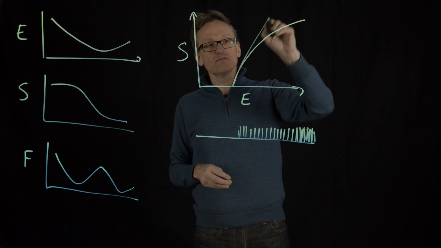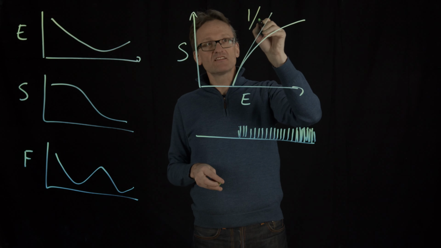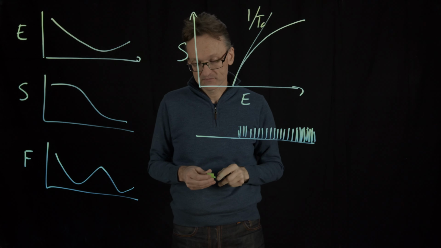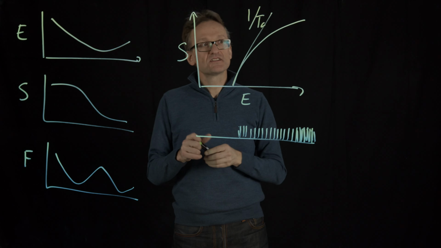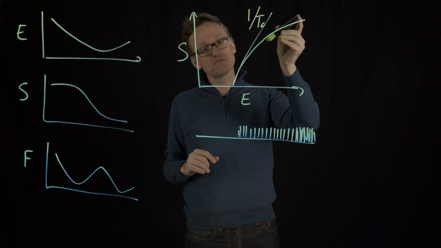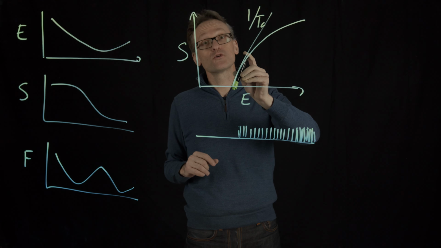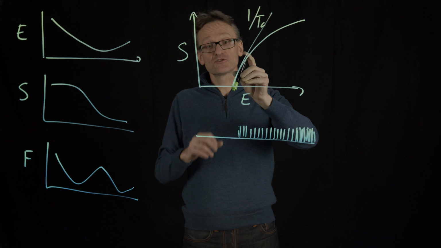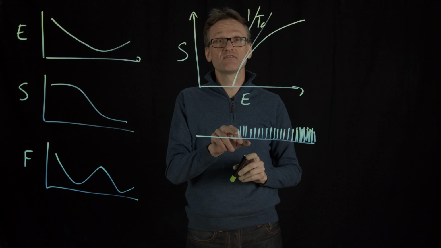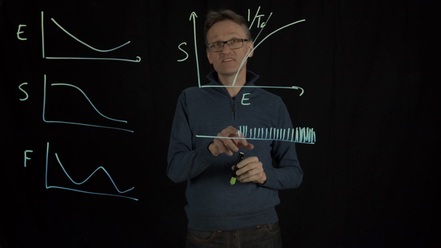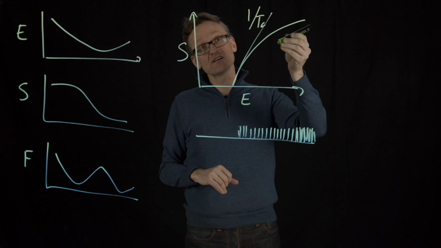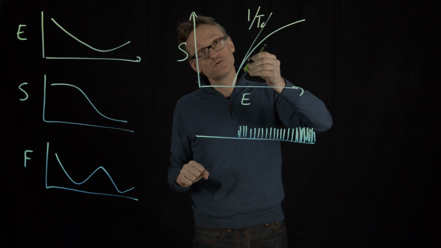But here, remember that these derivatives were 1 over a temperature. I'm going to call that the critical temperature. What happens here is that for any chain, at some point, when this becomes steeper and steeper and steeper, that corresponds to a lower temperature. When we reach this temperature, we're kind of stuck here. And you're going to be stuck at the lowest energy level there, which is fine, but that is not folding. That is just that the viscosity is becoming so high that at some point I can't move anymore and then